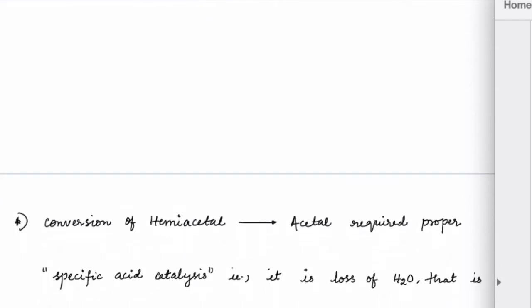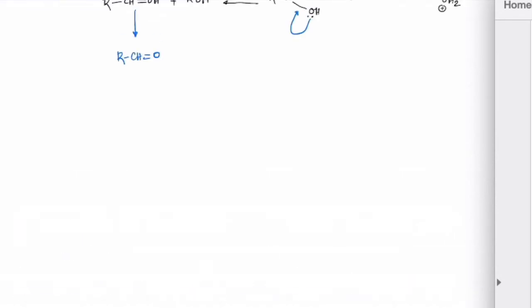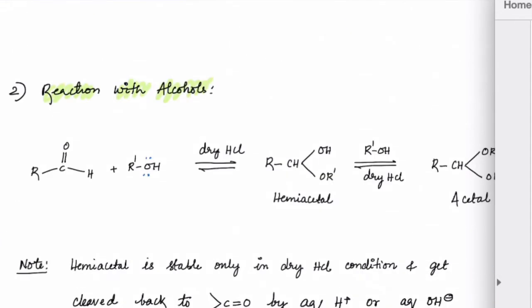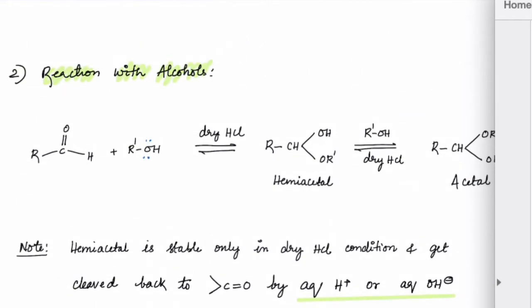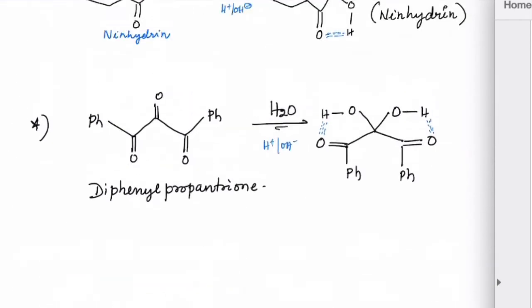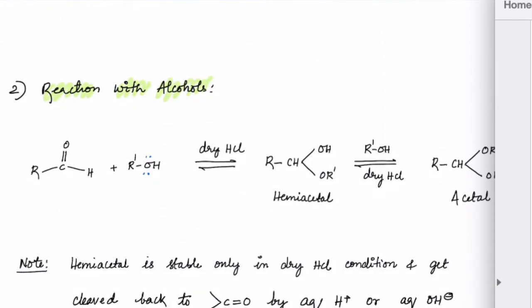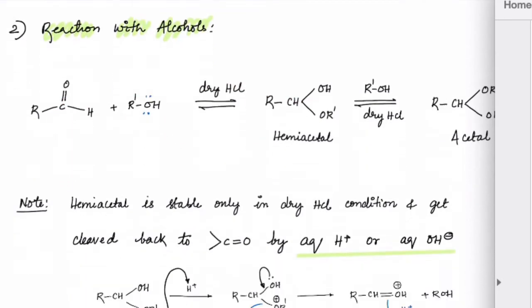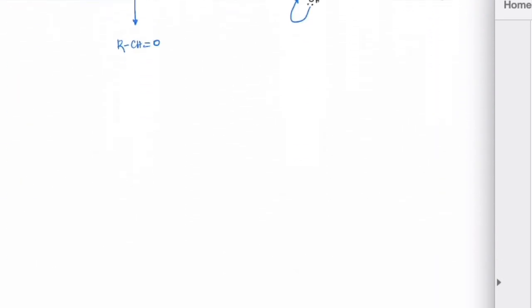Considering how the mechanism takes place, let us see what other important terms you need to learn from here. Okay, we haven't done the mechanism. Let me do that. First, let us see how the hemiacetal or acetal are formed. We have seen how the hydrolysis happens back to the aldehydes. So we'll see how the reaction goes forward, which is the formation of hemiacetals and acetals.